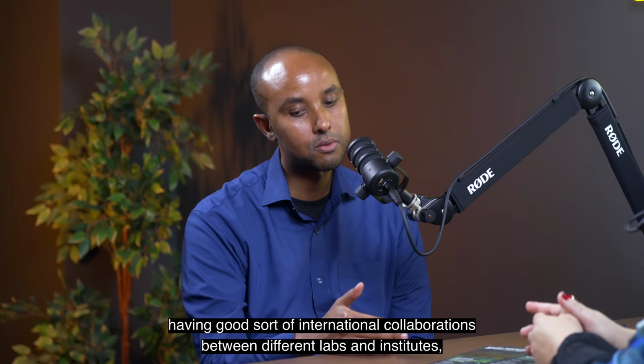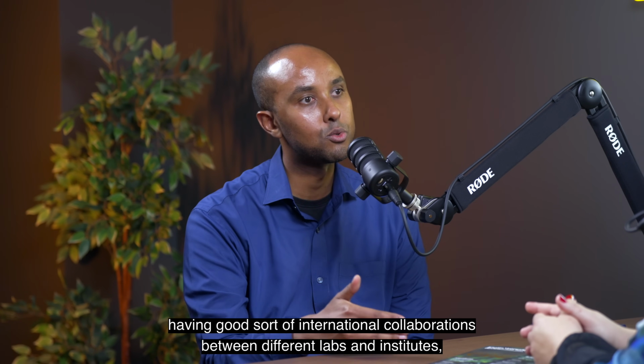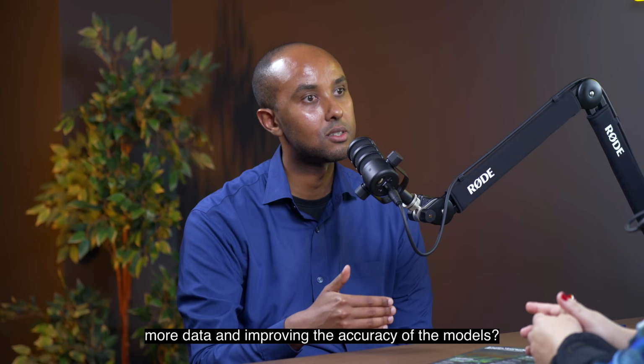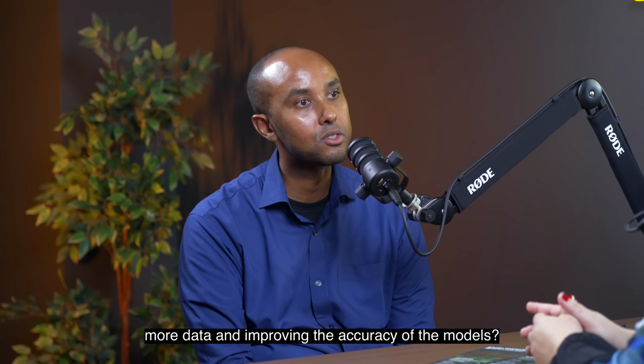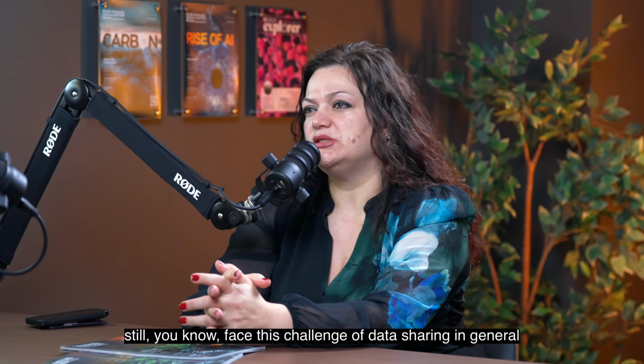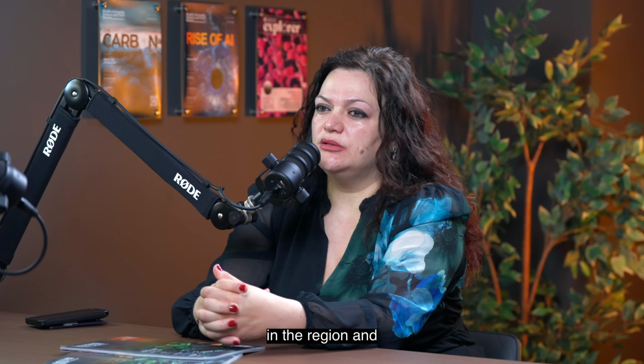So having good international collaborations between different labs and institutes, how important is that in terms of getting better data, more data, and improving the accuracy of the models? Yeah, this is a very important aspect, and unfortunately, we still face this challenge of data sharing in general in the region, and